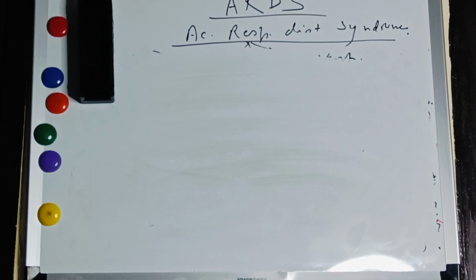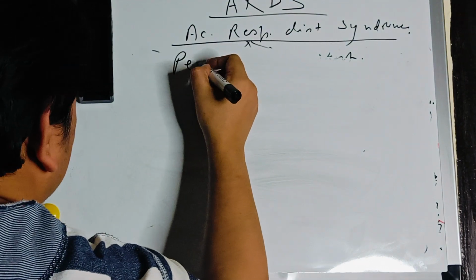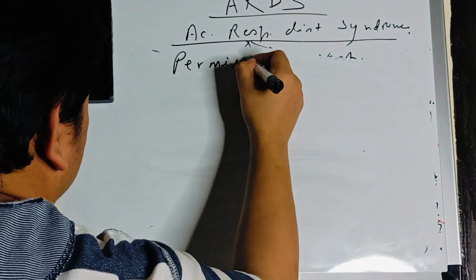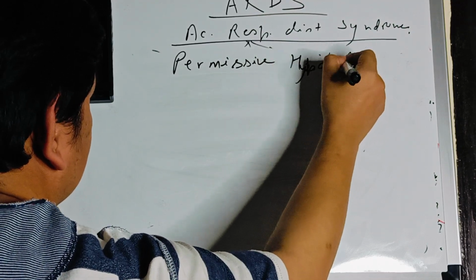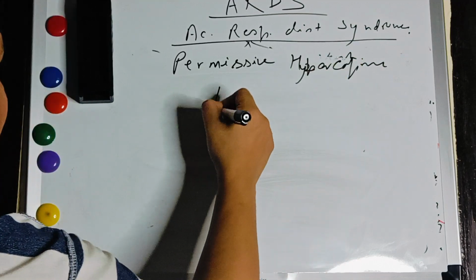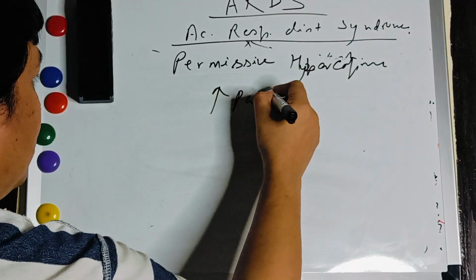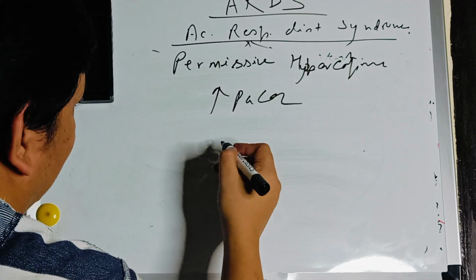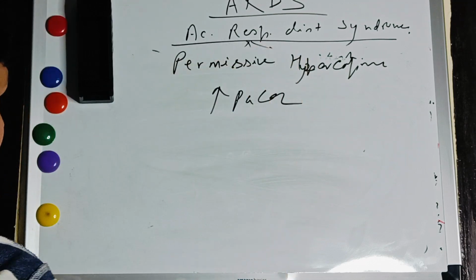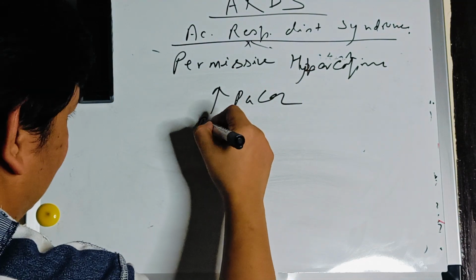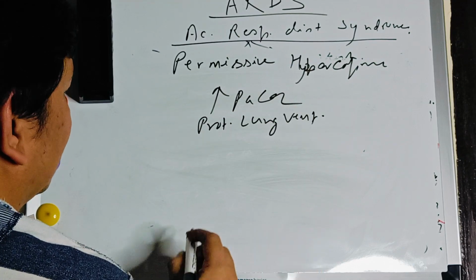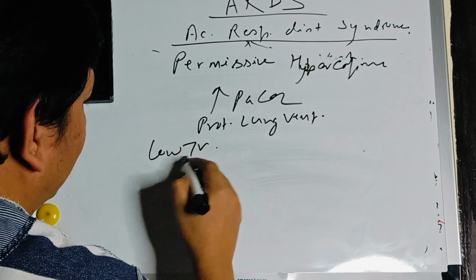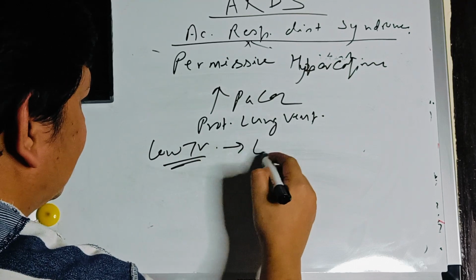What is permissive hypercapnia? It's an increase in PaCO2 because of this protective lung ventilation. Protective lung ventilation: low tidal volume will lead to less clearance of